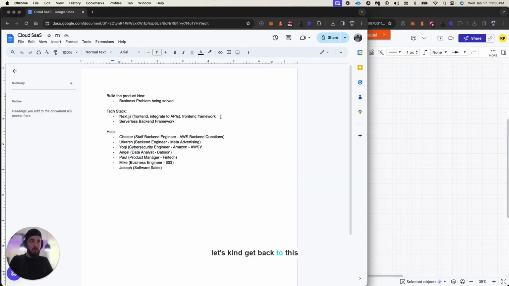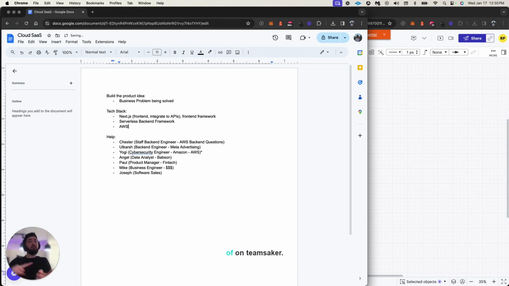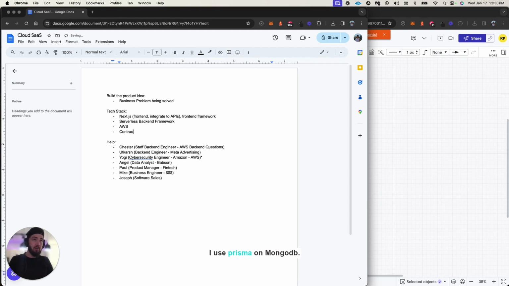So let's get back to the tech stack a little bit. I want to use AWS, kind of on Team Syncer. I kind of copped out and used MongoDB and Prisma. But what I want to use with AWS for contract generation, I use Prisma on MongoDB, guys. And if you don't know what these things are, don't even worry about it. We're going to break them down through each episode. This is going to be like another 80 episode deal, I can imagine. So things even now are subject to change. But for any gaps in the knowledge, don't worry. I'm learning on this journey too. We're going to be figuring stuff out together through each episode, one piece at a time. So contract generation and APIs, we want to use GraphQL